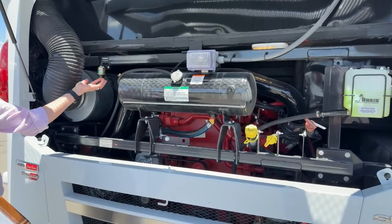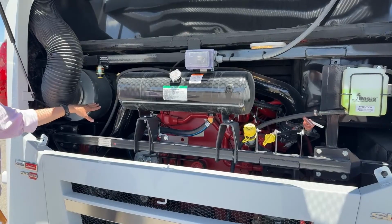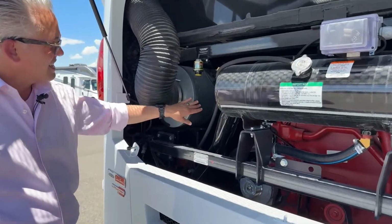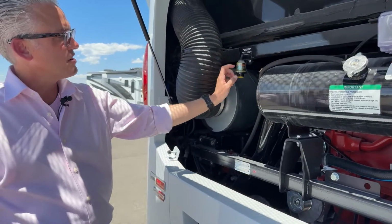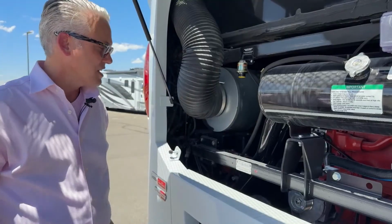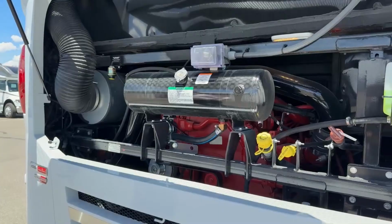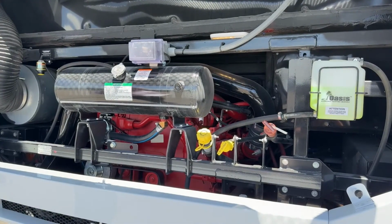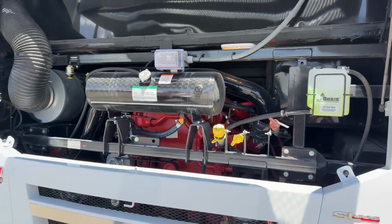People ask, like, what's this for? So if you're driving around in the desert, or maybe you went to Burning Man or something crazy like that, and this is getting a lot of dust in there, you want to get that out, but you can just push that reset to see where you're at with that right there. So again, look at that bad mamma jamma, 15-liter Cummins ISX engine on that, 605 horsepower. So beautiful, beautiful engine,